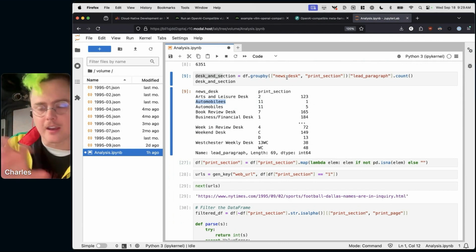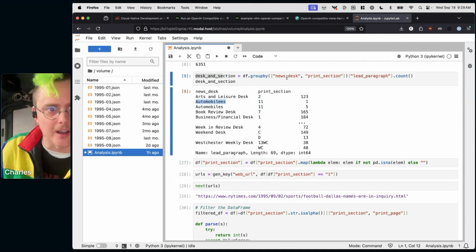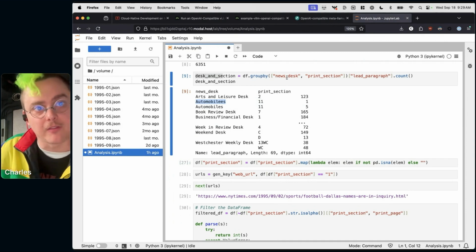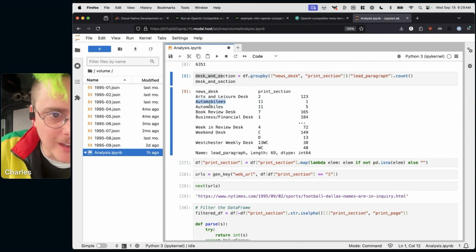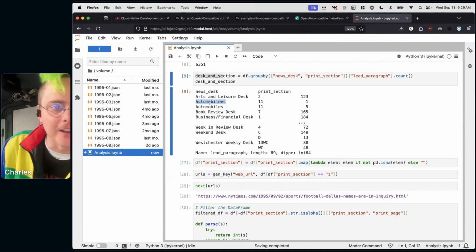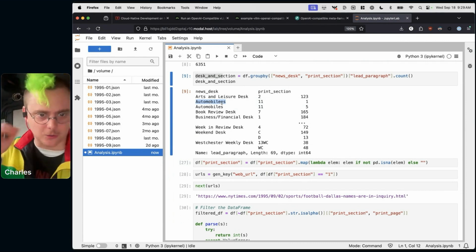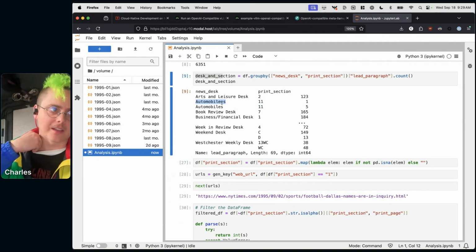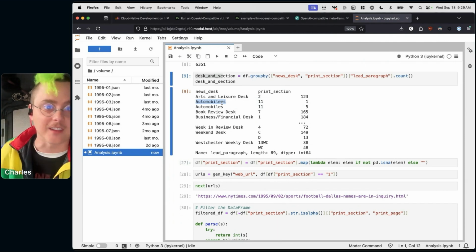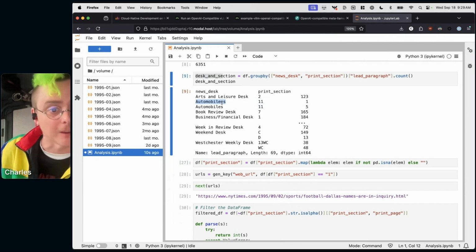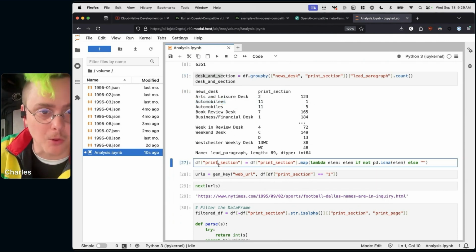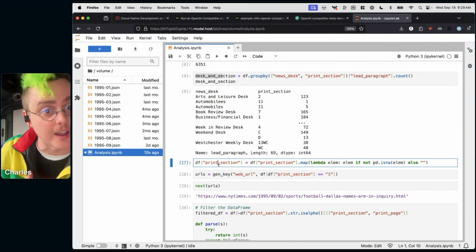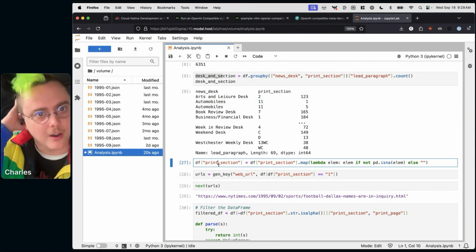I was using this to try and split out components of this archive that might be interesting to different fake users on this social media platform. And these are the news desks, and some of them are misspelled. They have non-canonical spellings in different places. This is the sort of thing that you can only discover. There's not a schema that I can point to. It's pretty hard to predict that these might be problems. So frequently you want to explore this thing to find those kinds of potential bug-causing